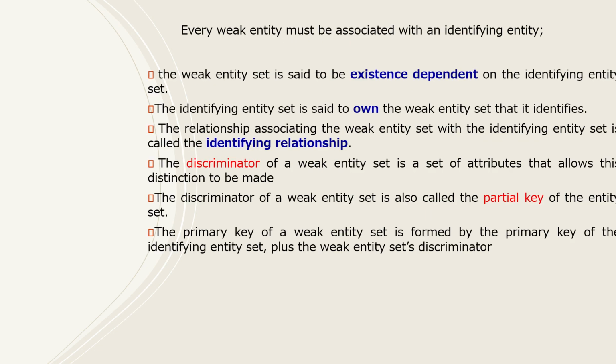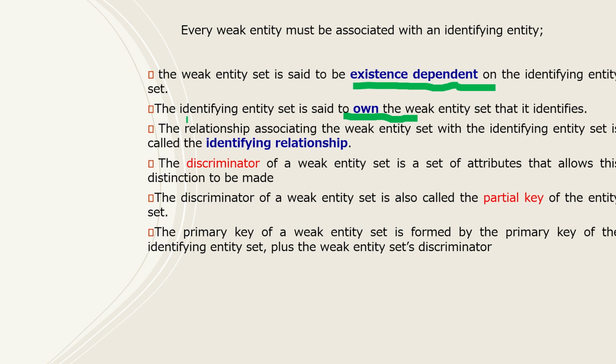This weak entity set does not have an existence of its own; it is existence dependent on the identifying entity set. Each and every member of this weak entity set completely depends on that identifying strong entity set. So we can say that the identifying entity set owns the weak entity set. The main one is the strong entity set called employee, and the weak entity set dependent completely depends on the employee.